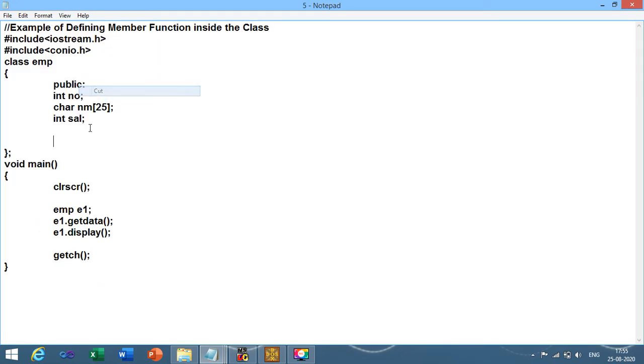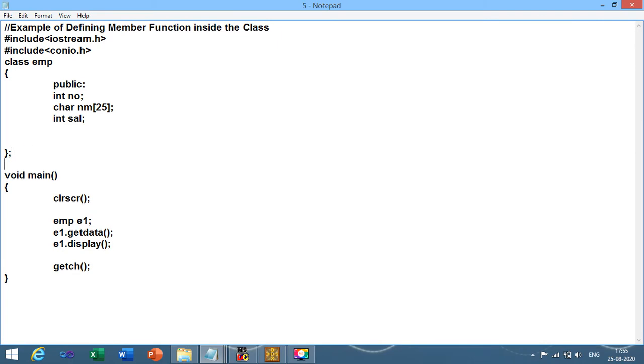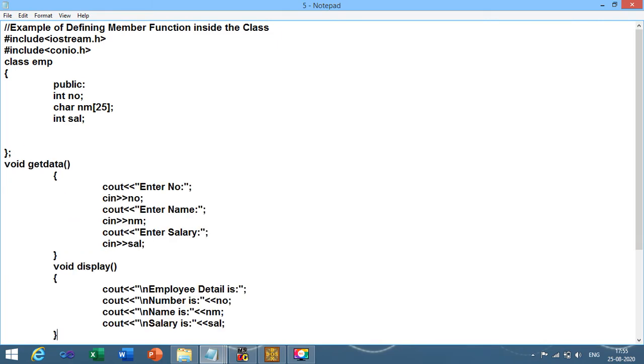I am going to cut these functions and paste them outside the class. What is our concept? We are going to define the member function outside the class.